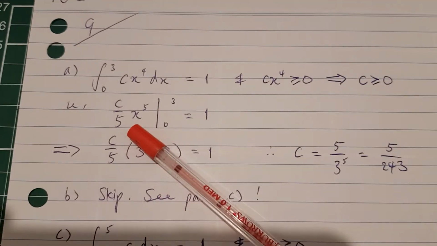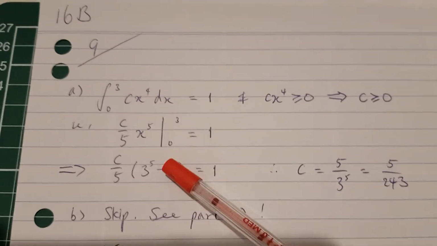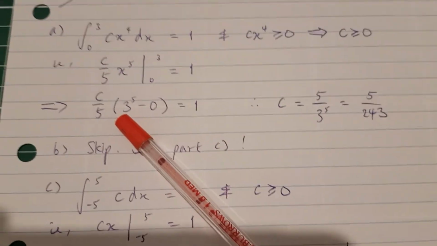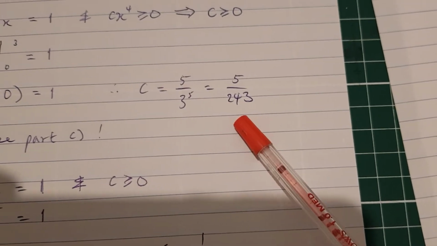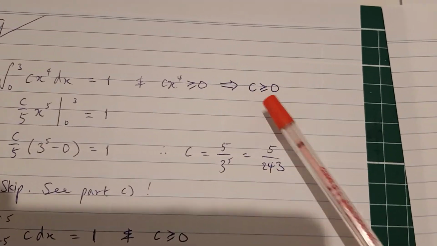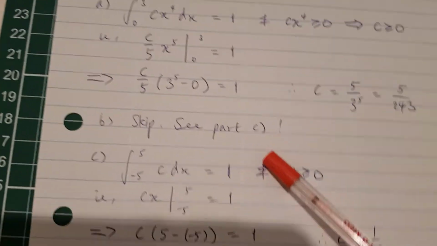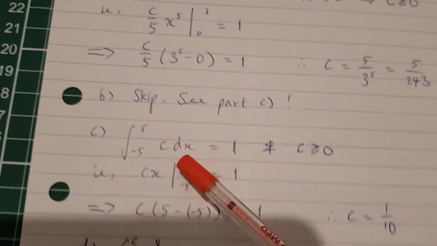Notice C is the constant, so C on 5x to the 5, evaluated from 0 to 3 is 1, so hence now solve for C, then you get that, okay, which is 5 on 243, which is positive, so that fits in nicely. Now, part B, I'm skipping it because it's exactly the same frequency function as C, but